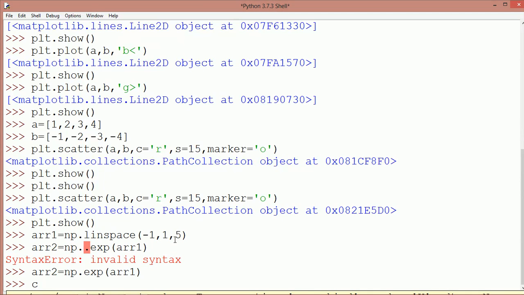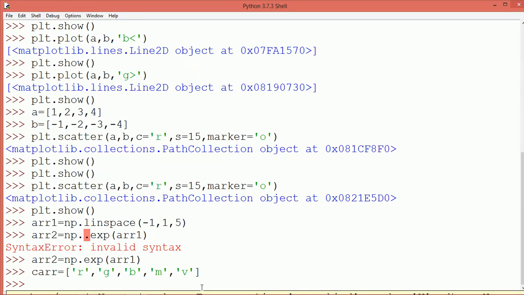Now let us create an array or a list for color code. So let us take C array equal to the color code. Our color code, suppose first red, comma, green, comma, blue, comma, M, magenta, comma, V, violet, comma, there should be 5 values. Remember this, here 5 values we are taking, so 5 colors should be there. 1 2 3 4 5 already over. Now let us close. Our list is made with 5 colors.